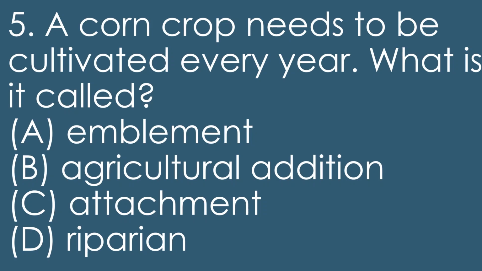So that's a little bit of a different way of looking at things. And so emblements then are going to be cultivated every year, and you could actually sell that corn crop while it's on the stalks, and it's still attached, but it would be considered personal property. And also, while you're talking about being attached, don't get being attached and attachment thinking that they're the same, because